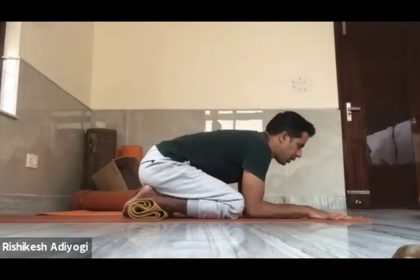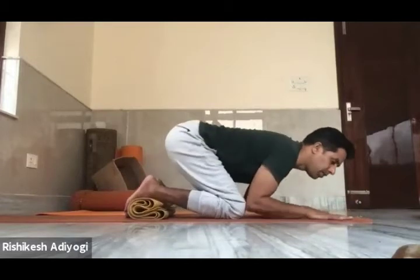Okay, then here, now from here, lower back bend. Any time we do a back bend, and after that we feel we need a counter pose, many times we forget how to do the counter pose. We don't know what the pose is and how to do it. If you don't have time after any back bend to go forward, as you know, after a back bend we have to do a forward bend. That is the counter pose. But if you don't have time, you can do only